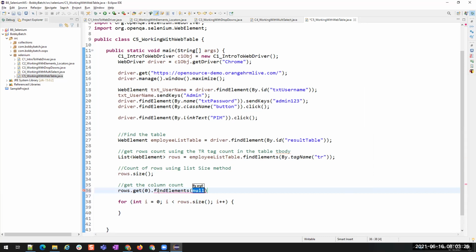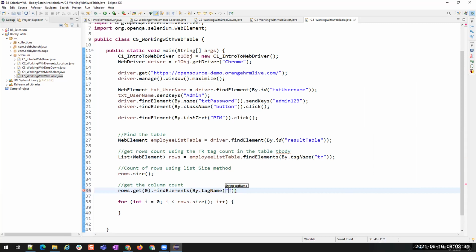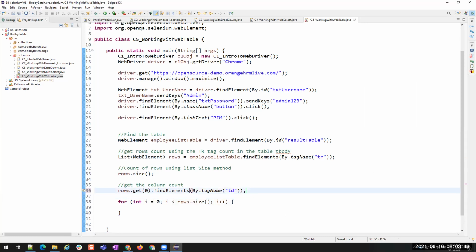Find elements, how? By tag name. What is the tag name? TD. That's all. This is going to give me the columns list. On this columns list, I can apply the counter. Understood?